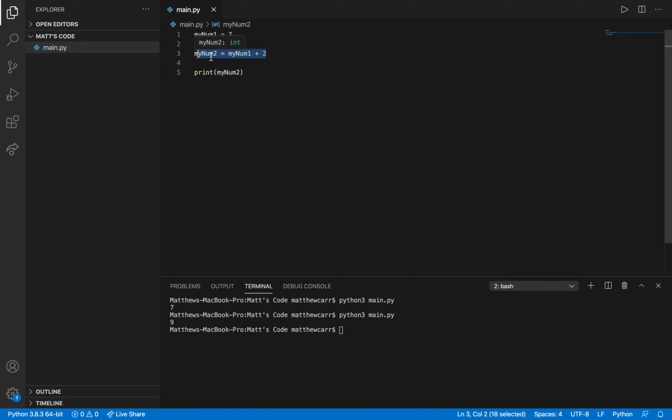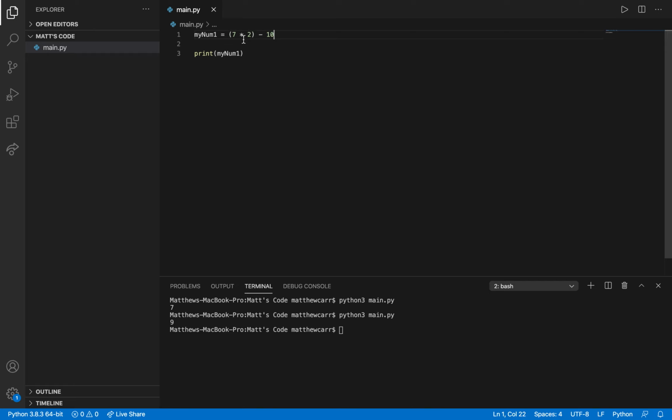There's something else I wanted to show you guys. You can also use parentheses, kind of like algebra. Let's say 7 times 2 minus 10 in parentheses.